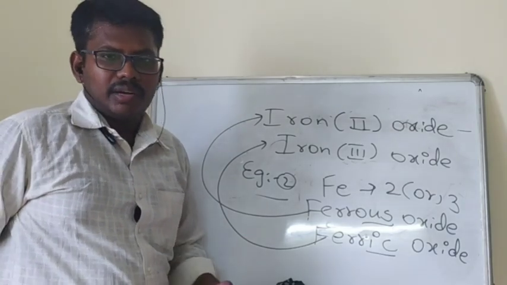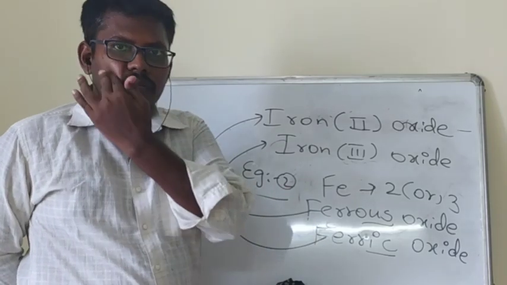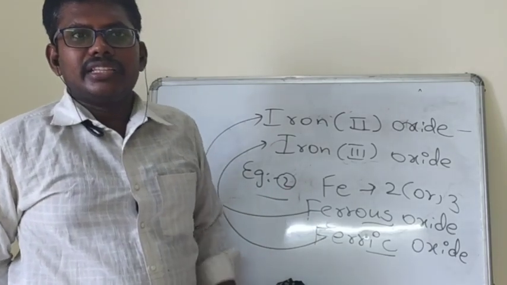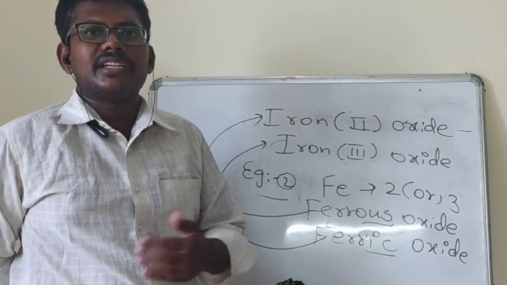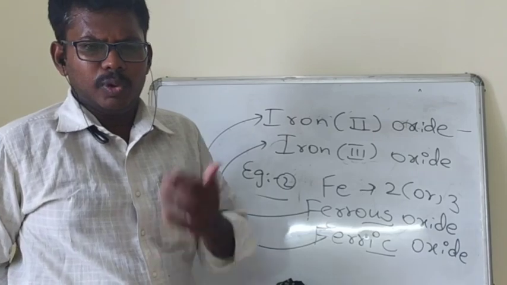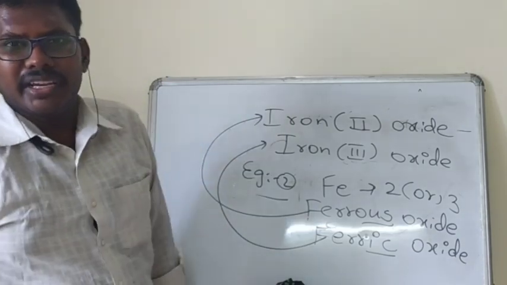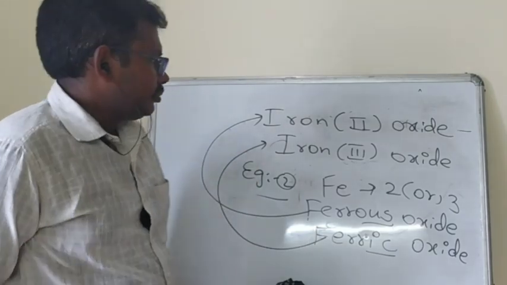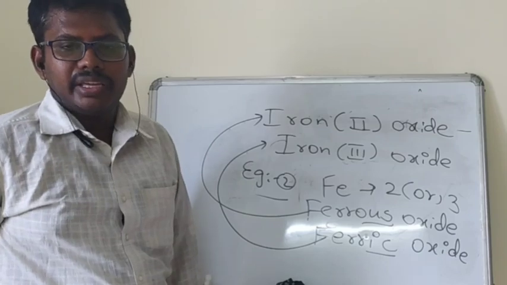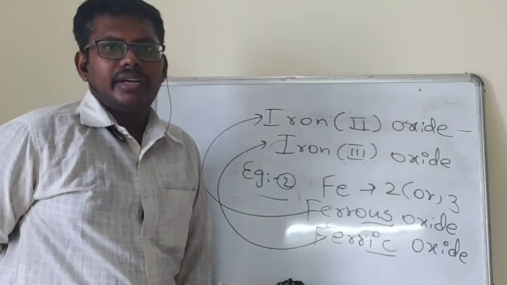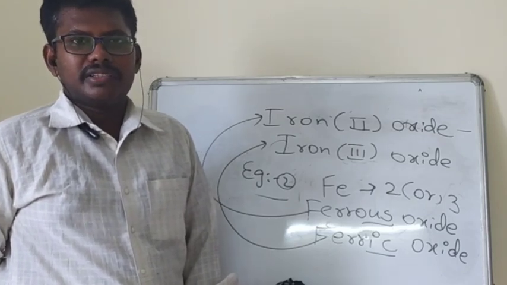Once again I am saying about the last line. Why do some elements express variable valency? Because electrons present in the inner orbits also participate in the chemical reaction. That is why some elements have more than one valency. More than one valency, I am saying about the number, not the mathematical number 1. So iron has 2 or 3, copper has 1 or 2, mercury has 1 or 2. Thank you. Next class we will discuss radicals. Thank you very much. Have a nice day.